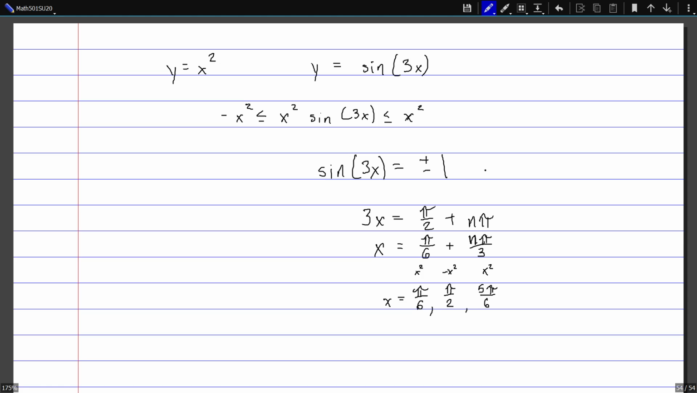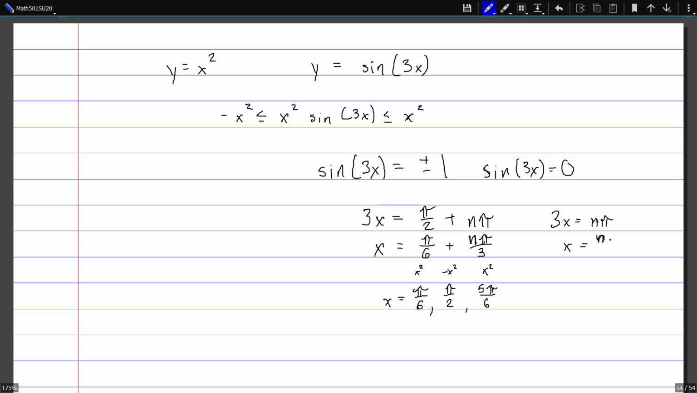We also are interested in where we're going to have intercepts. So that would be any time that sine of 3x equals 0. And just like before, we can set this up as an argument like this. Sine hits 0 for any n pi where n is an integer. So 3x equals n times pi. So this will happen whenever x is equal to